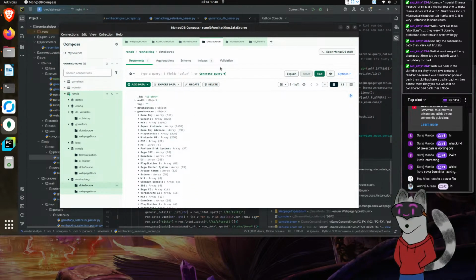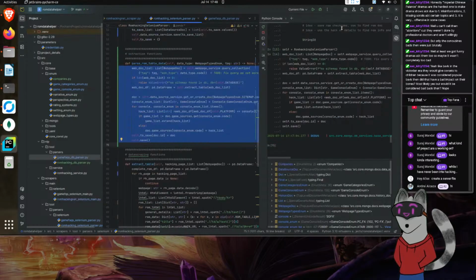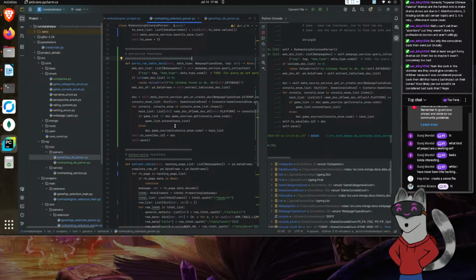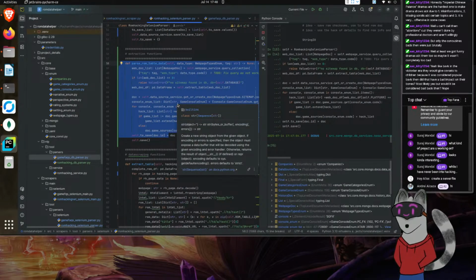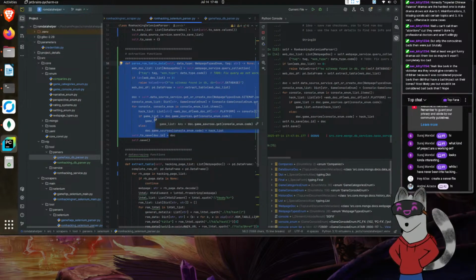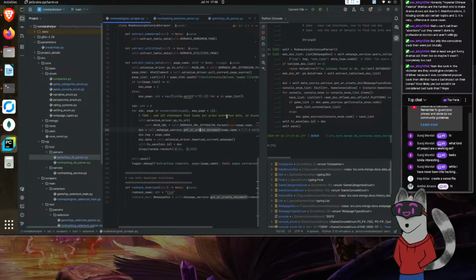Okay then, now that we have that set up, what we can now do is head back over to our scraper, because the whole idea is that we can keep the parser separated from the scraper. Then the scraper only has to worry about interfacing with the internet. The parser can worry about the database stuff. The only thing the scraper is doing is saving web pages. It's accessing our data sources to find out where it needs to work, and then it's going in and scraping. So with that in mind,